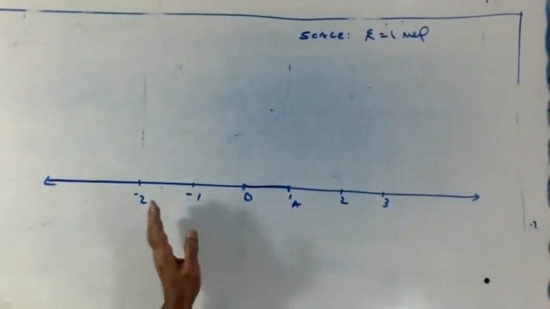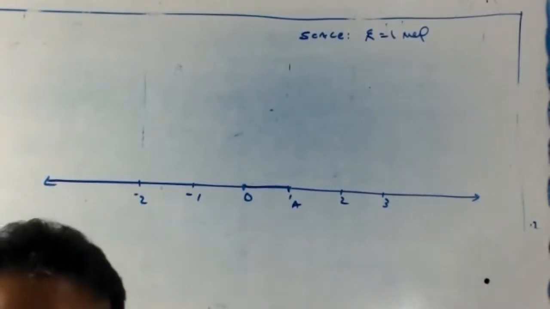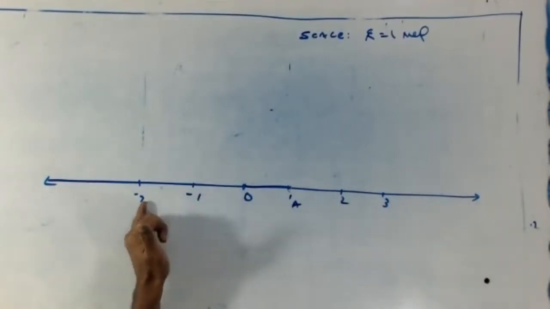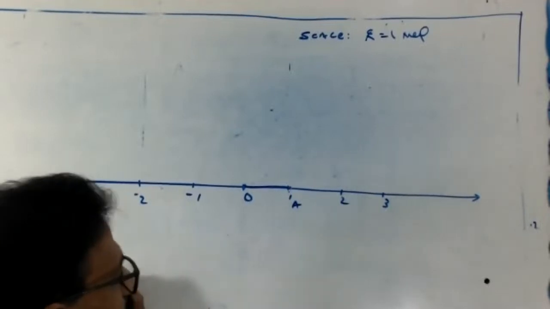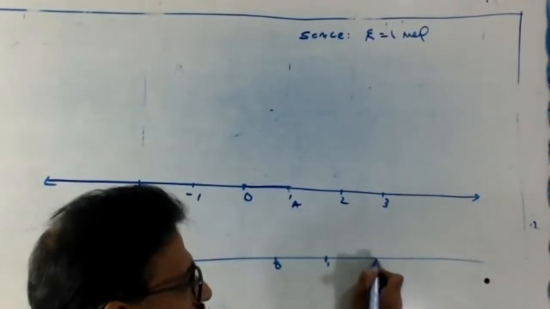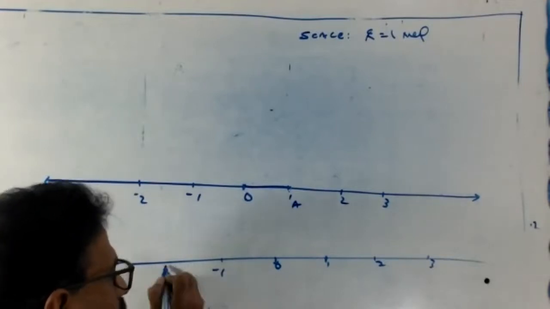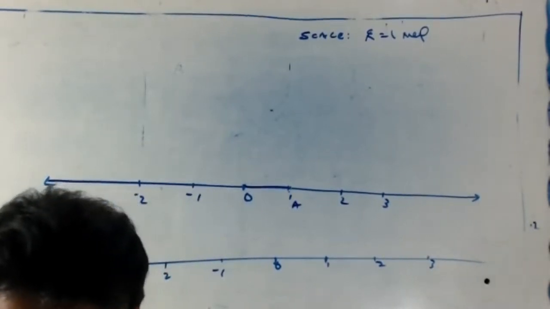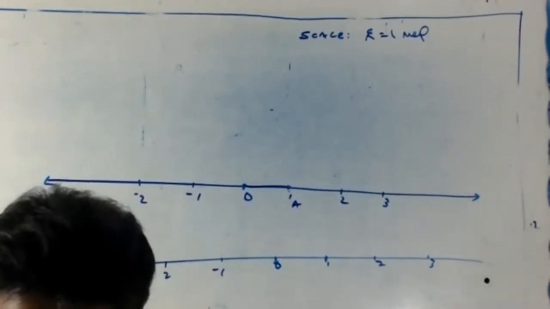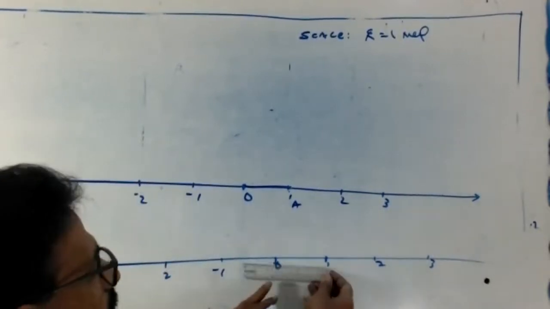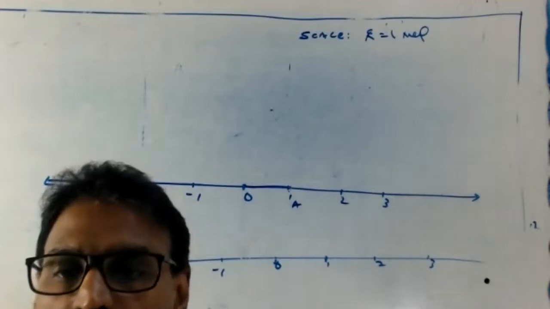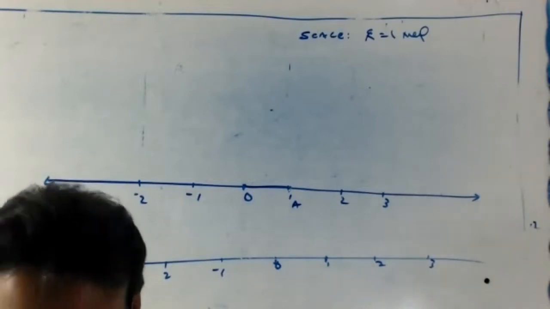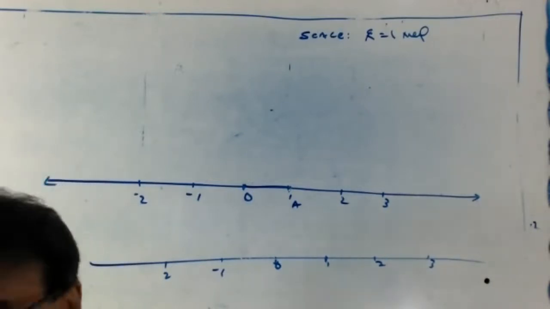Point number 2. Point number 2 means your scale with you, every inch. 0 here, 1, 2, 3, minus 1, minus 2 like that. That means line here. Look, line 0, 1, 2, 3, minus 1, minus 2. Keep the scale here and mark it. Don't just mark it. Asma, clear or not? Okay.